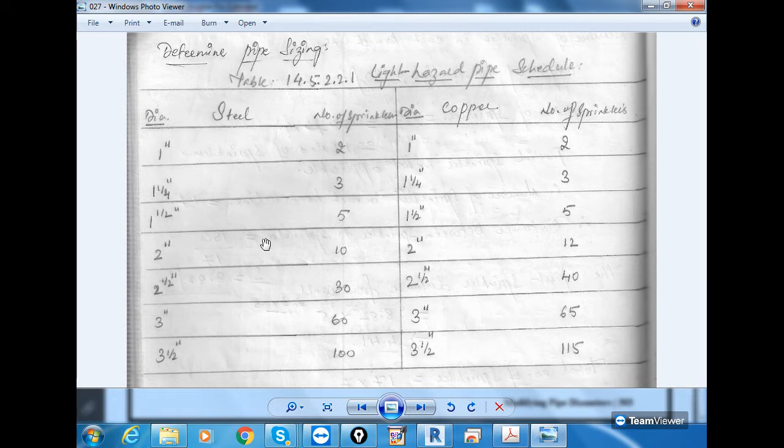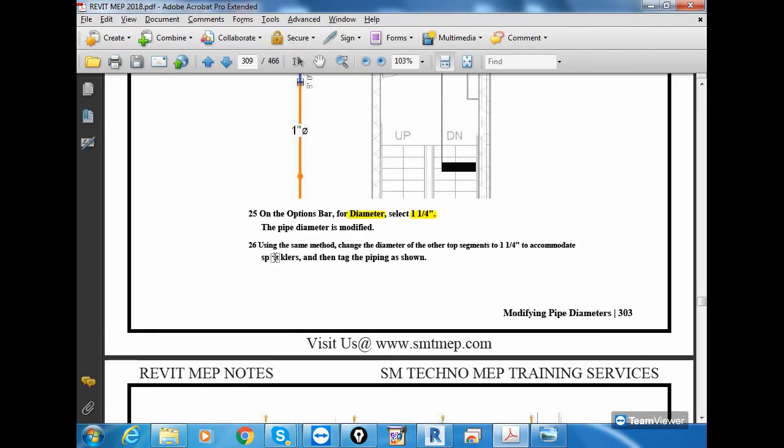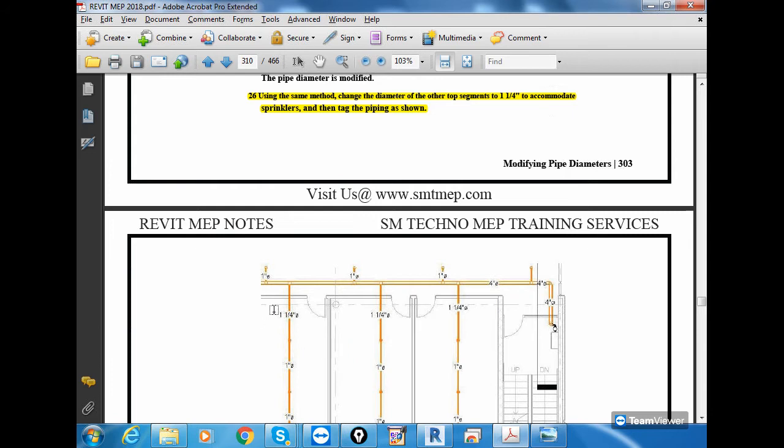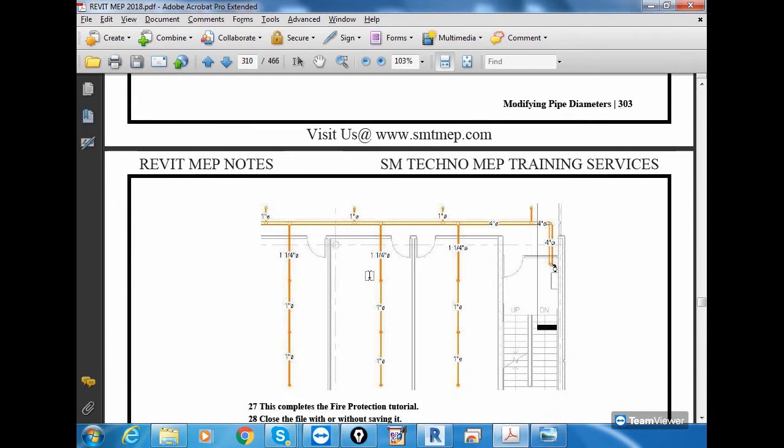And the main size, main pipe, main riser and cross main, we are considering 4 inch. Using the same method for the other two branches also. This is 1 1/4, 1 1/4, 1 1/4 because this section is connected to sprinklers 1, 2 and 3. And after this sprinkler, this pipe connects only sprinklers 1 and 2, so 1 inch, and this also 1 inch.